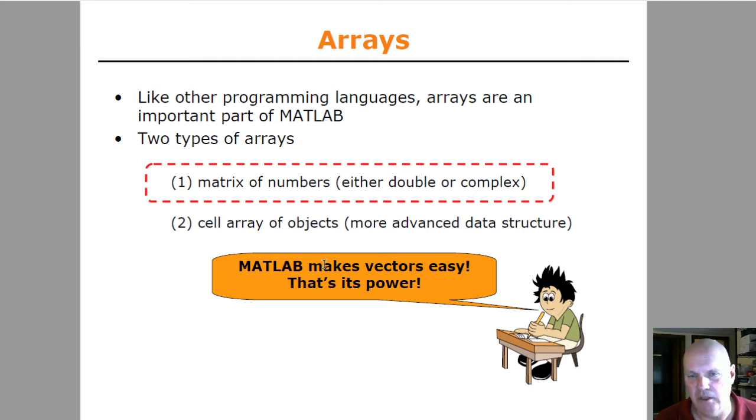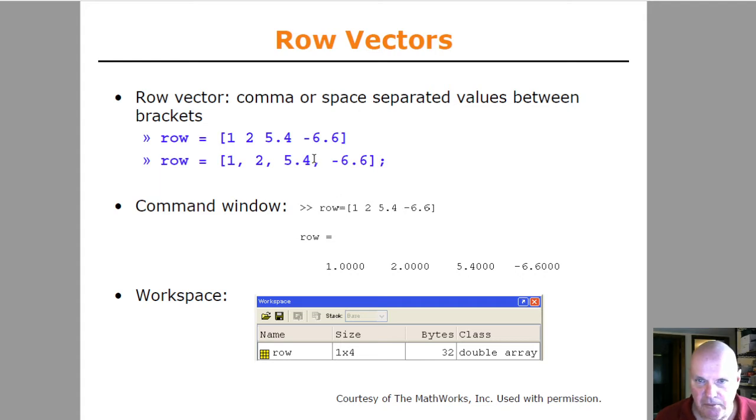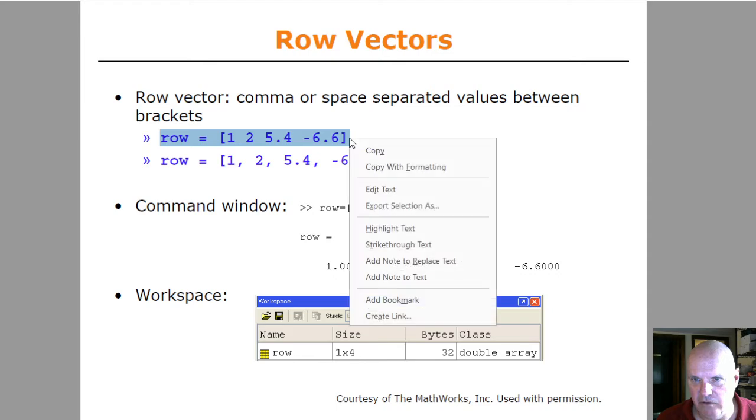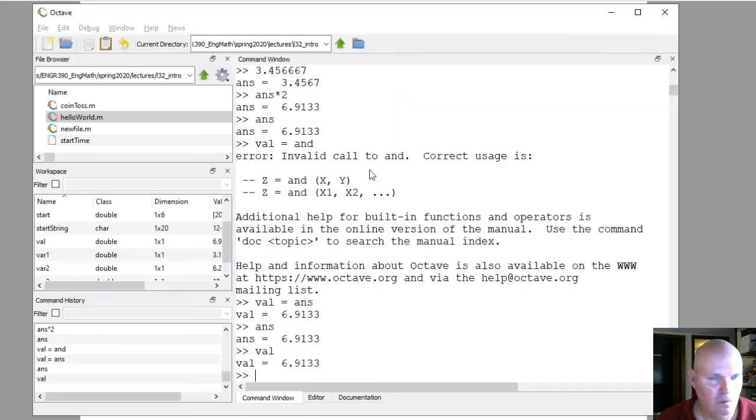Octave's default object is a matrix of numbers. It also supports what's called a cell array, and then also a struct, another data type. We'll be working primarily with matrices here initially. To define a set of values to a matrix, just enclose the matrix in square brackets, and then you can separate the elements by spaces or by commas, and then you would separate rows in a matrix by semicolons. So I'm just actually going to copy and paste this right into my